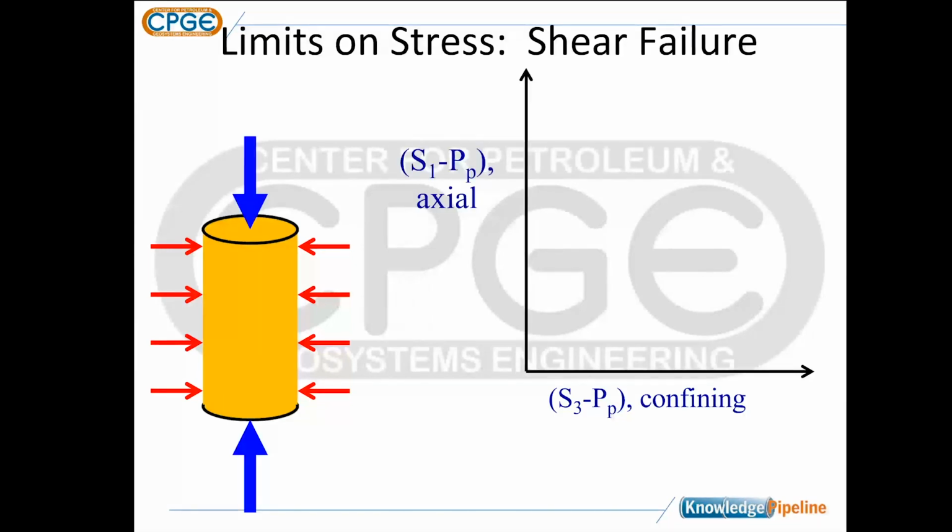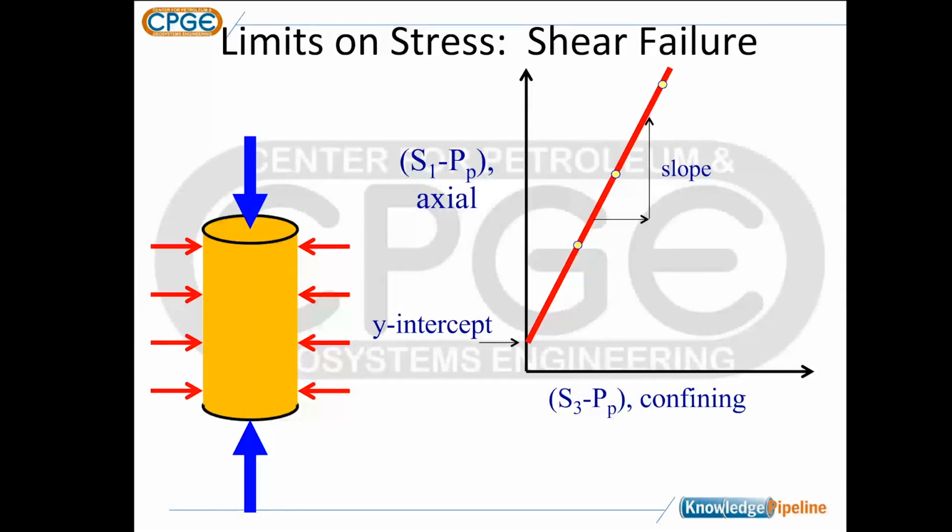So we'd go to a particular confining stress, and you see that arrow, and we'd plot a point in the laboratory that would show at what axial stress the sample failed for a particular confining stress. And we would do this multiple times and create a plot, which is the failure envelope. Now, why is this important? This is important if we want to say something about when fractures would form or when faults would slip in the field. So the slope of that line is part of the envelope, and the y-intercept, and we can basically write down an equation that describes the failure behavior of rock in the subsurface.